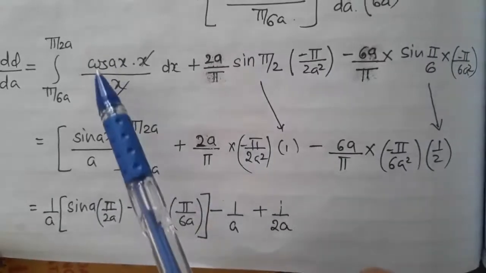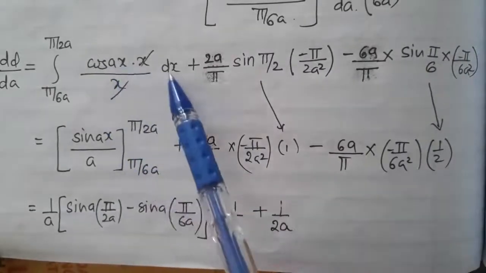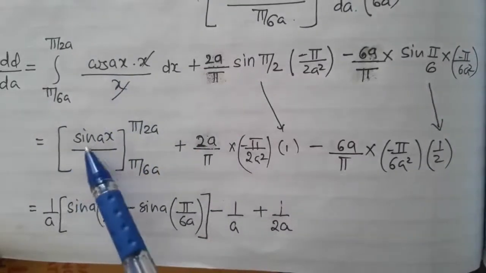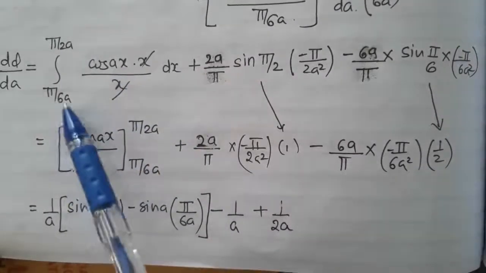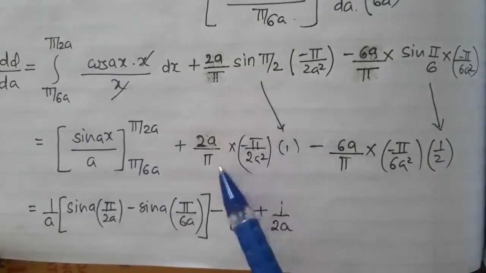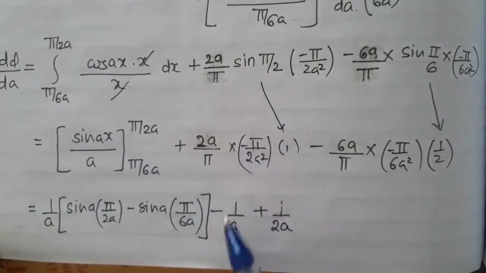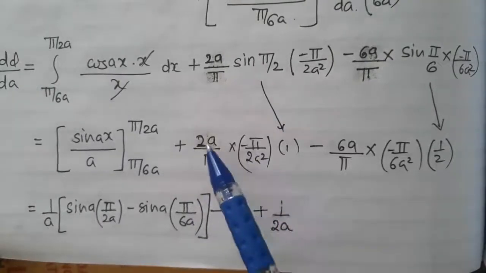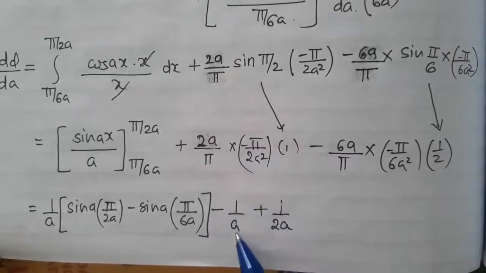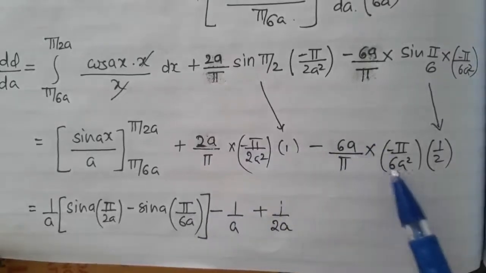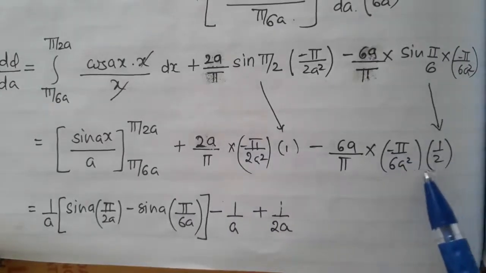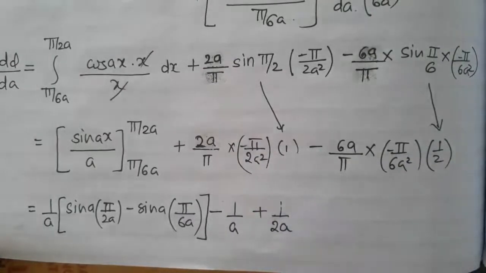Simultaneously, here you have to integrate this cos(ax) with respect to x, and the integration of cos(ax) is sin(ax)/a. Apply the upper limit and lower limit in the first term. Cancel some common terms, so you will get the next step as 2 will get cancelled, a and π will get cancelled, negative sign is here, so minus 1/a. Here 6a cancel, π cancel, 1/a, and here into 1/2, so plus 1/2a.